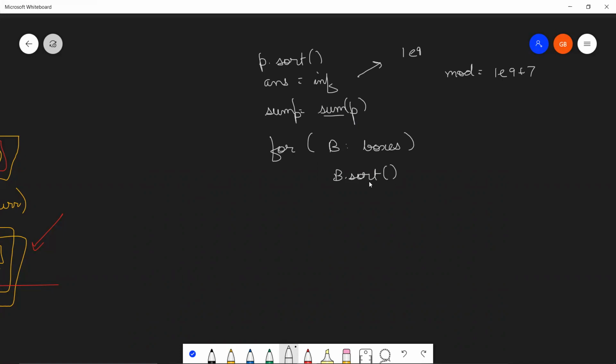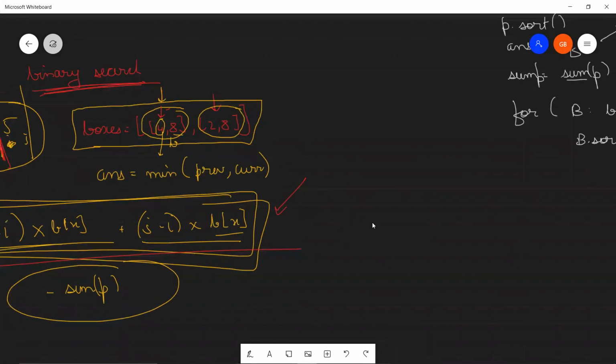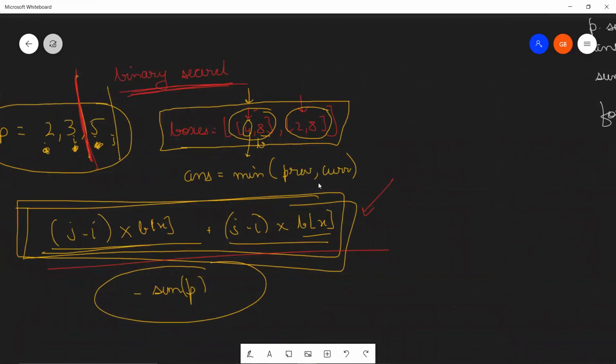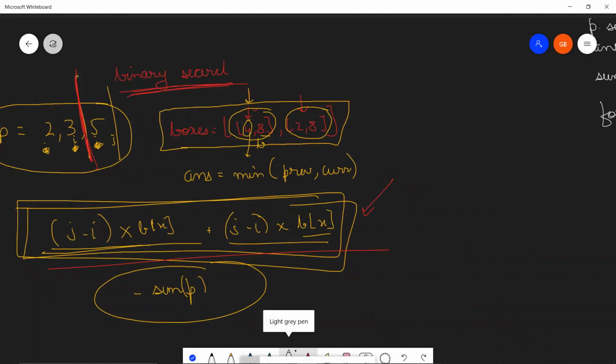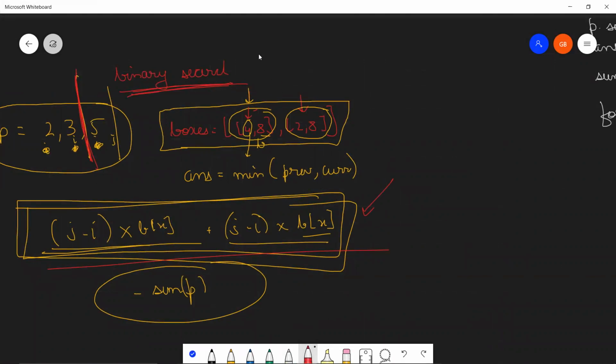B is sorted. Now, one thing that you might need to check is that a supplier can become directly invalid if, say, let's say the first supplier was in a state like this, 3, 4.